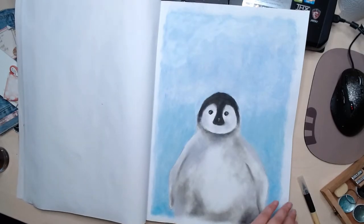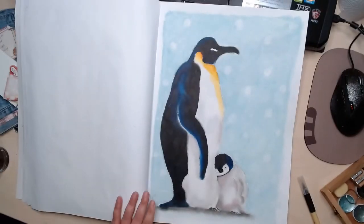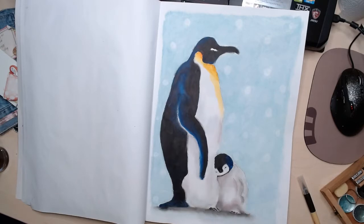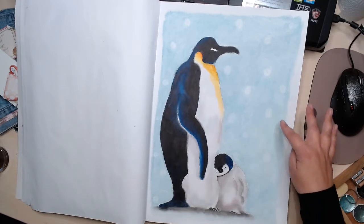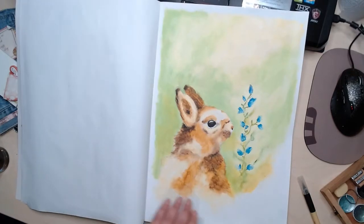A cute penguin. And I was in doubt whether I should... I had two images in my head, so I made both of them. First I had this image here, and then I had this image here. Oh, this is so cute. And with gelato, you can lift off with a wet baby wipe. So I lifted off snowflakes on the background. This is a bunny,